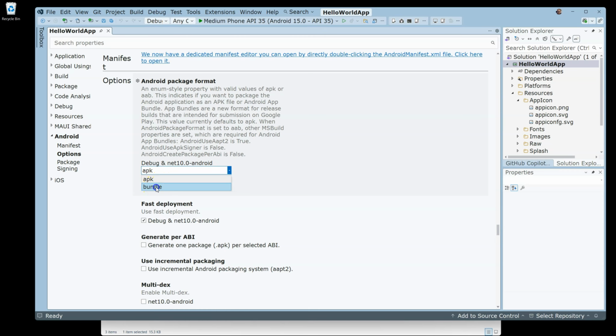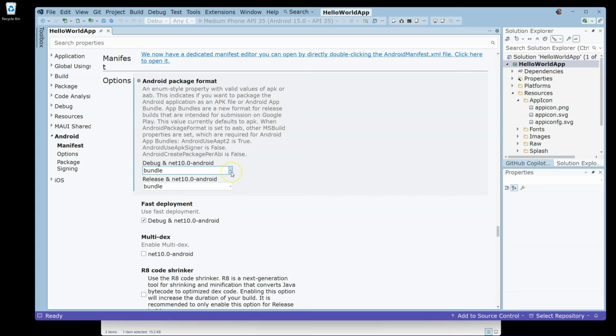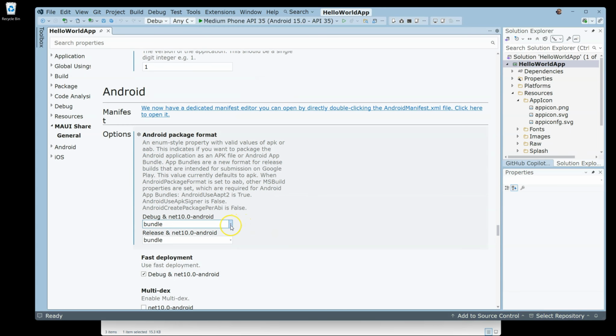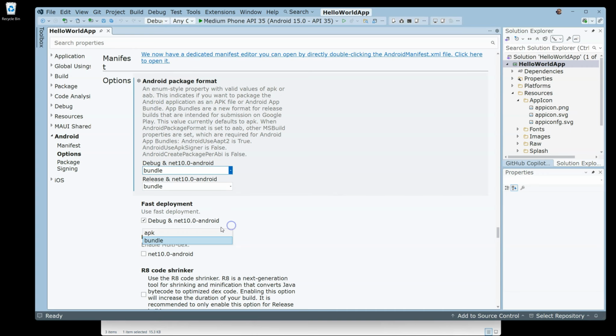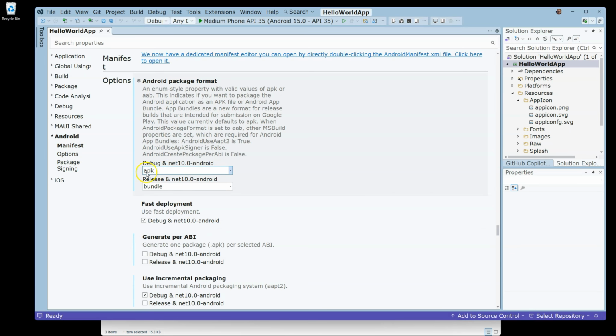choice here. If you select bundle, it will be distributed to the Google Play store, but we want to make an APK package, so make sure that APK is selected here in these two drop-down menus. So that's the first step. Make sure that APK is selected. And the next step here now is to select release instead of debug. So typically during development and testing we use the debug option, but now we want to create an APK package, so then we need to select the release option here,